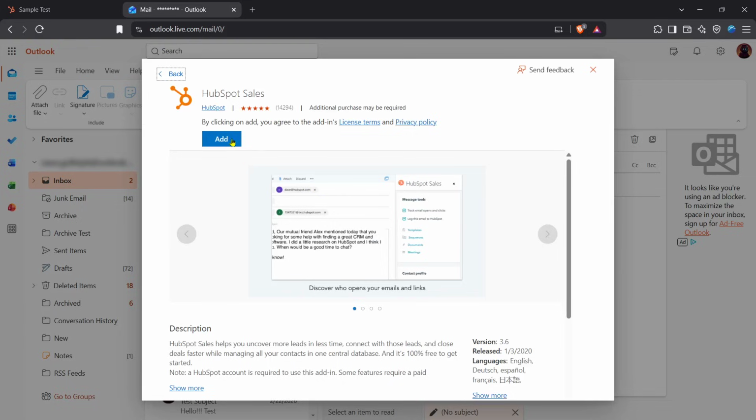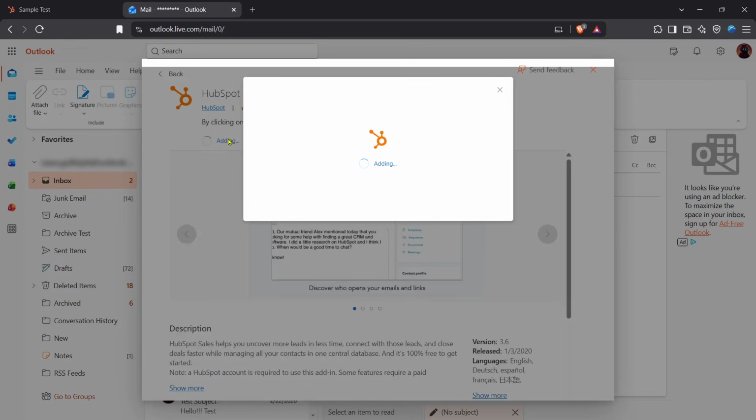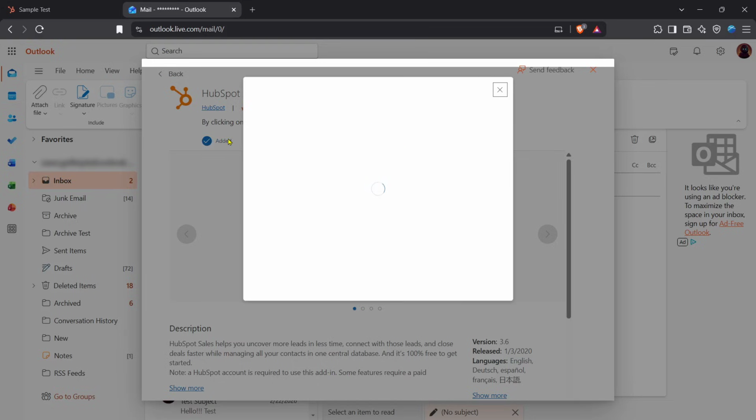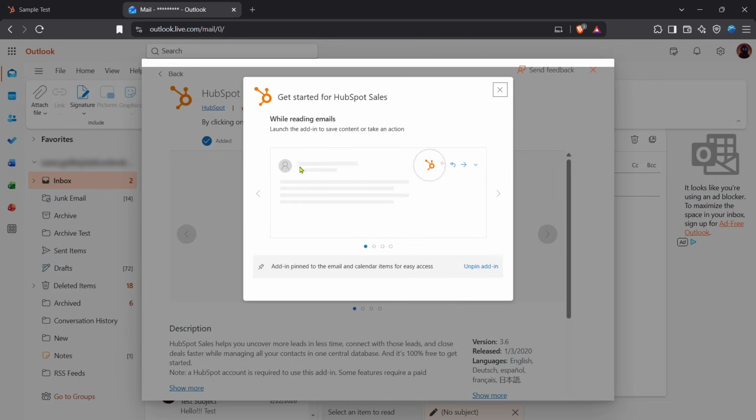Click the Add button to install the add-in. It'll show an adding status for a moment, then switch to Added when it's ready. Click on the Add-in icon in the ribbon to open it, and a Get Started for HubSpot Sales dialog appears